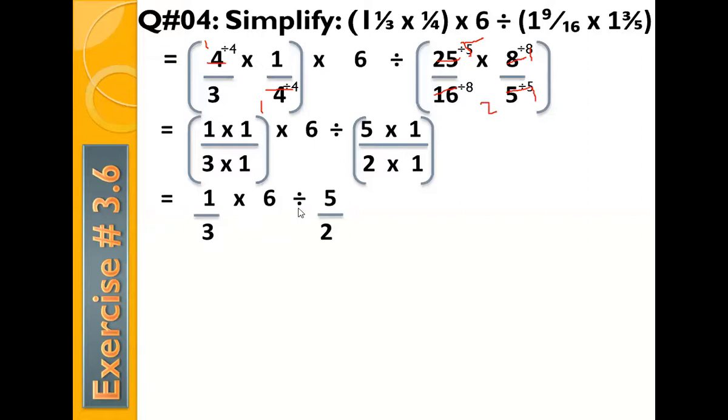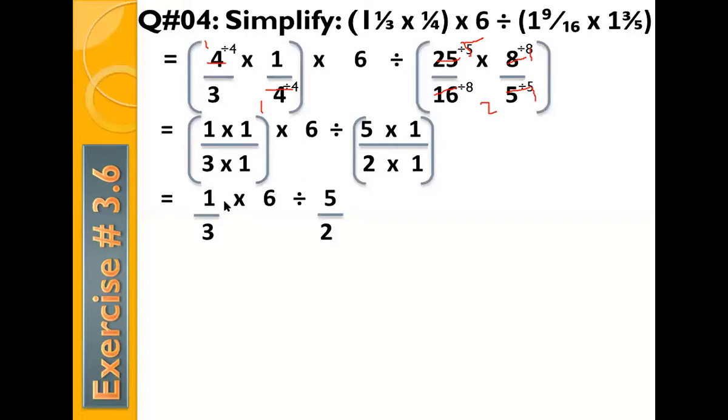Multiply by 6 divided by 5 multiplied by 1 is 5 and 2 multiplied by 1 is 2. Now, listen. No need to place brackets here. Why am I not going to place the bracket here? Because I have solved this completely. Now the final answer is 1 upon 3. So that's why I'm not going to place the brackets here. Brackets have been removed now.